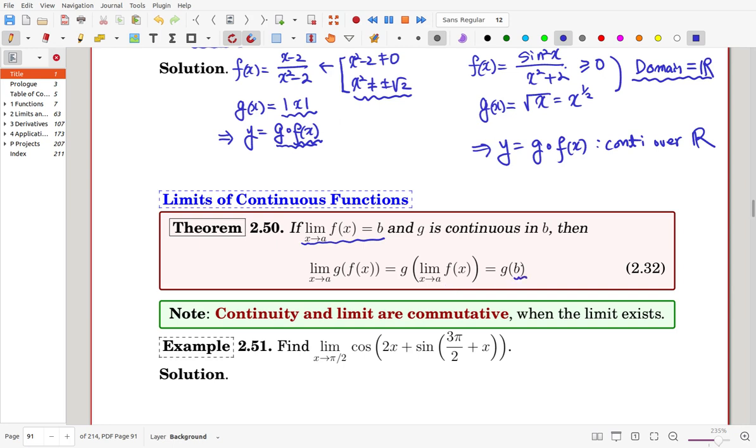In this mathematical statement, the main thing is that